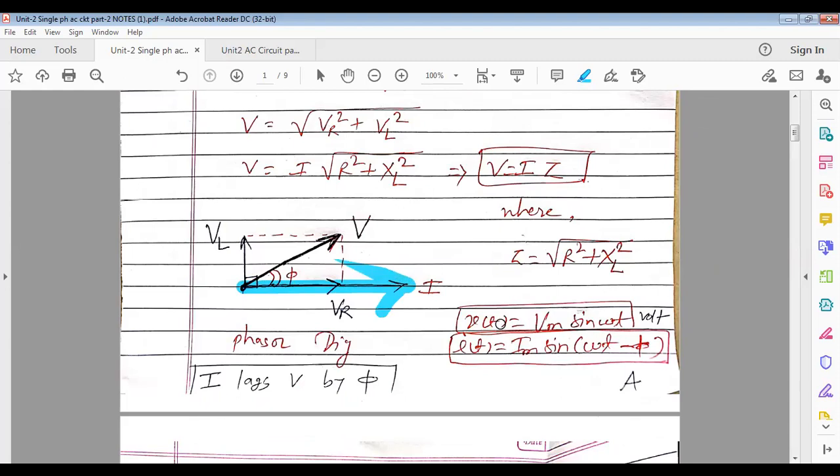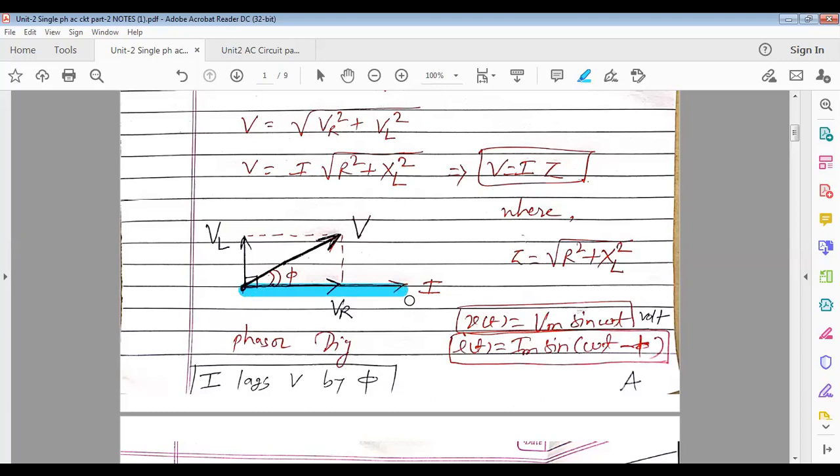Now, what about the phase difference between I and VR? 0 degree. So VR also will come in phase with it. I and VR you have to measure from the same common point, the same origin. Suppose VR is 2 centimeter, measure it from the origin. Suppose I is 4 centimeter, from the same origin you measure 4 centimeter, and that will be I. Both phasors should be straight, with the arrow at the end, not somewhere in between. Got it? Okay, now what about VL?